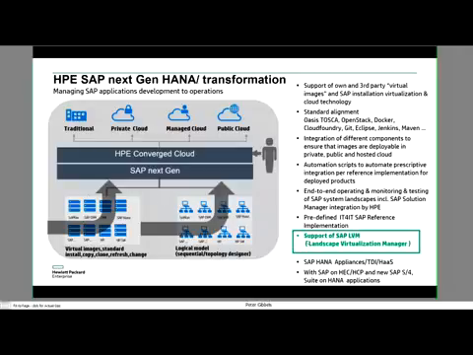One of the domain controllers that SAP has worked on over a couple of years already, also together with us and other partners, is SAP Landscape Virtualization Manager, which is an integral part of SAP's automation toolset.